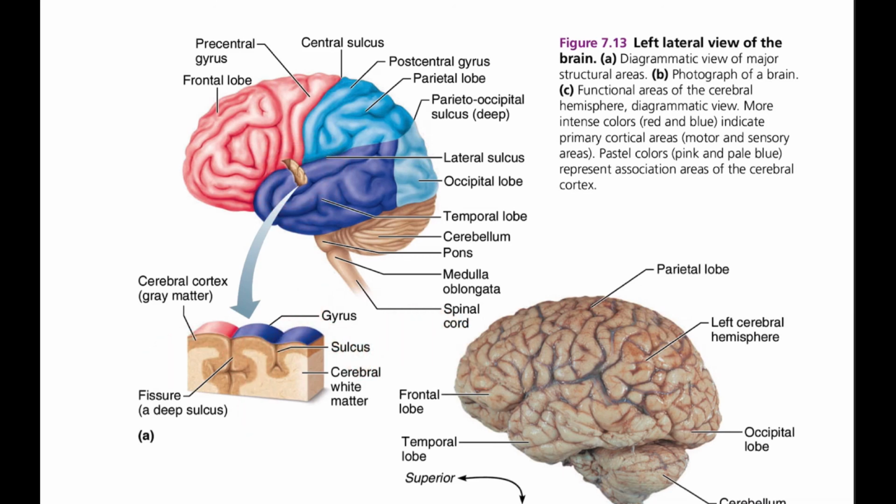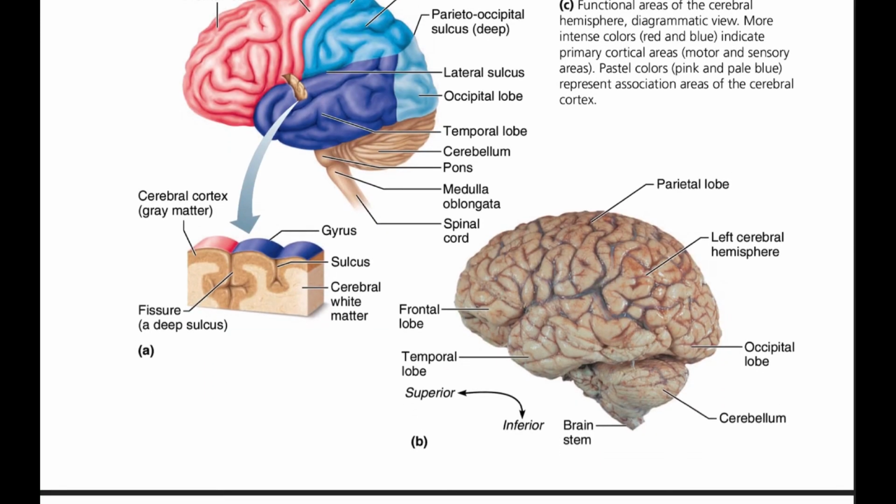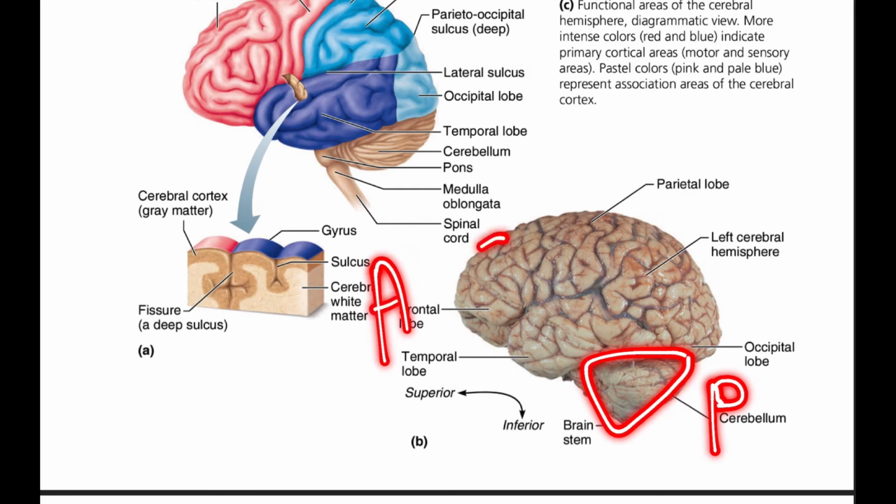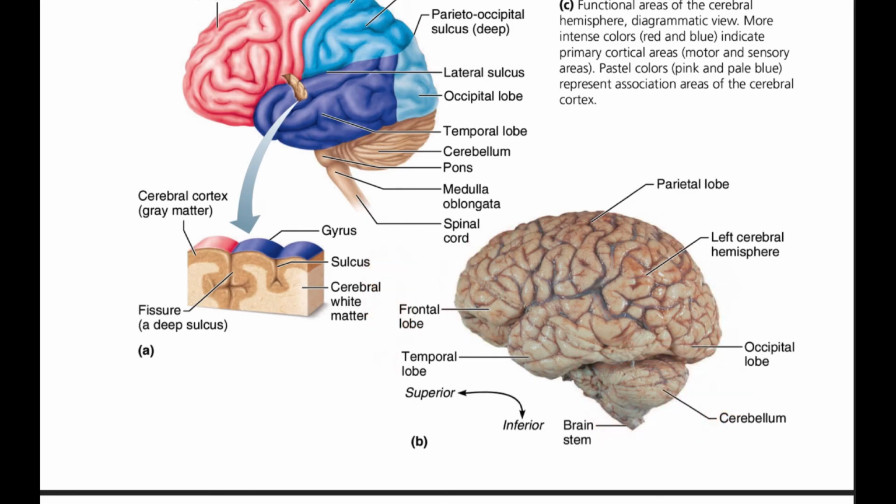And you see there are dark areas. These dark areas are gray matter and these lighter areas are white matter. Always know that the cerebellum is in the posterior position. So if you want to know the position of the brain, always refer to the cerebellum. If the cerebellum is here, that means this is the posterior side and this is the anterior side, that is, this is the frontal lobe and this is the occipital lobe.